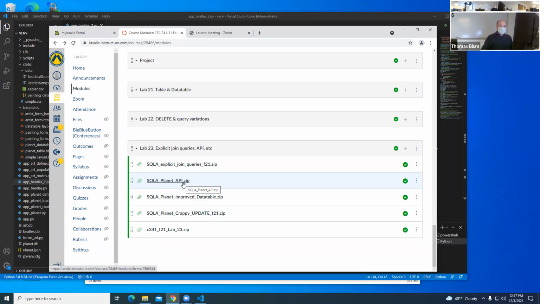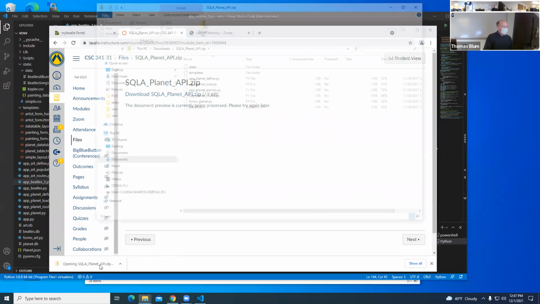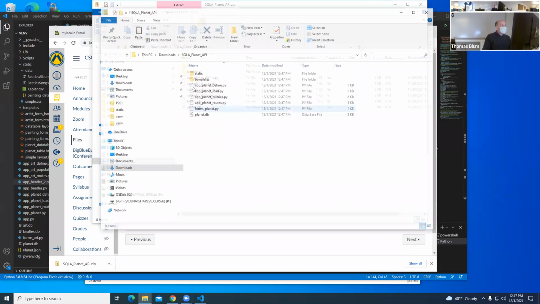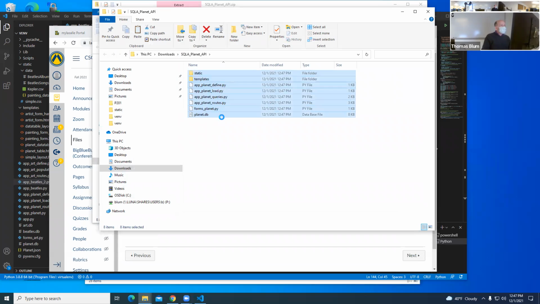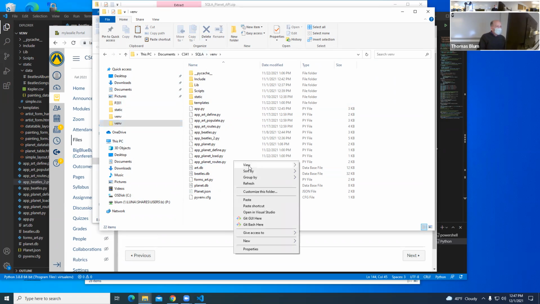So for us to make an API. I just keep adding to Planet, but I'll do it one by one. I already have a bunch of Planet stuff, but the new thing in this one right here is the API. This VENV, the SQLAlchemy.